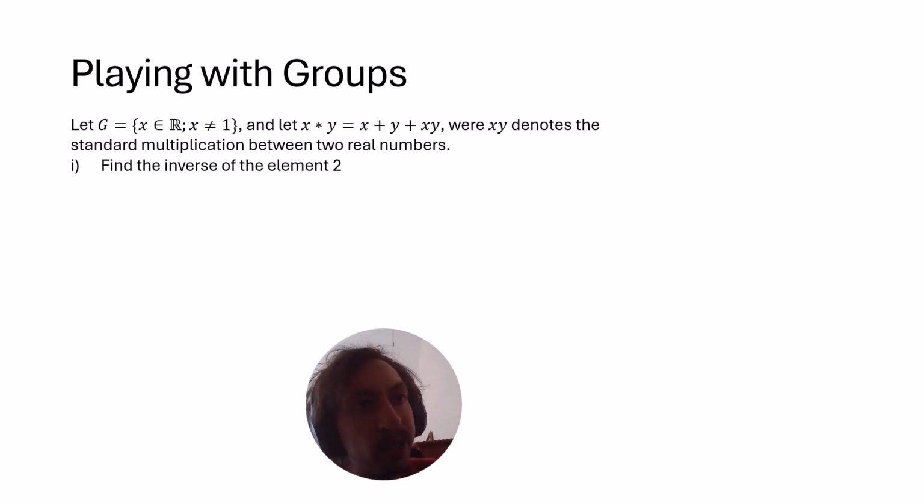And this obviously supposes that 2 is in the group, but we've been told that the members of the group are x, where x is a real number, but x doesn't equal 1, and clearly 2 is a real number and doesn't equal 1. And also, whilst I won't go through it formally, one thing to note is that x star y is clearly associative, because x star y is defined in terms of addition and multiplication, which individually are associative, and